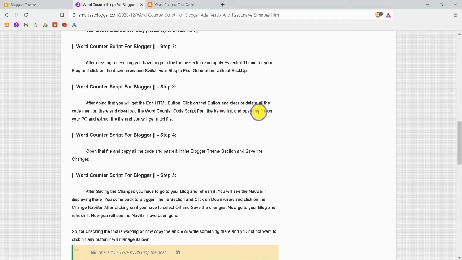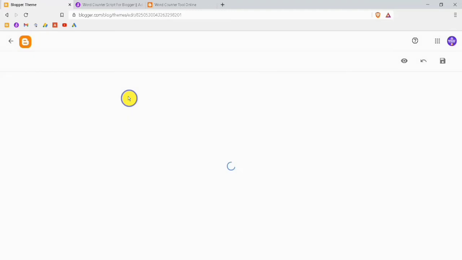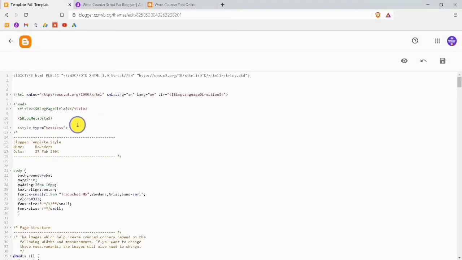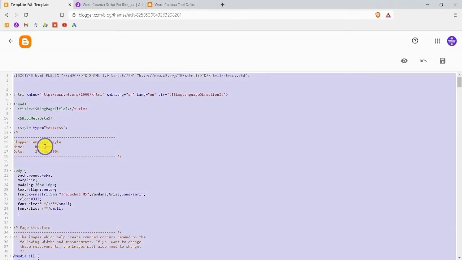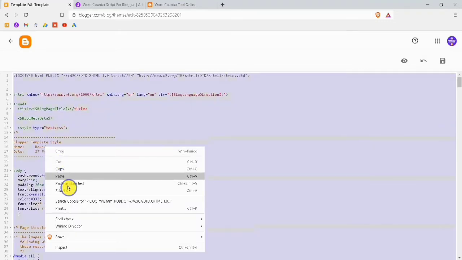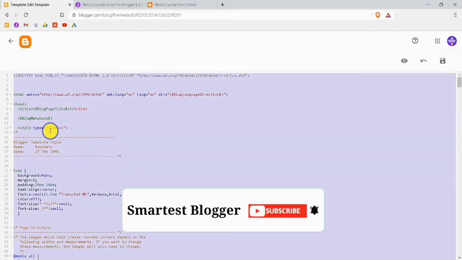Open it on your PC; it is a zip file. You want to extract it, and it doesn't have any password. So we will click on HTML and select all this code. After selecting all this code, we have to delete it. So I will delete all this code.